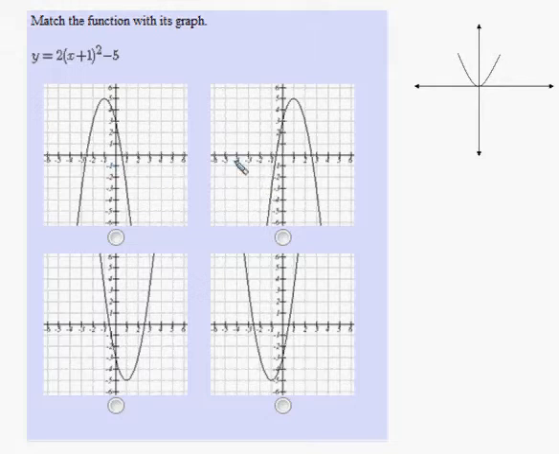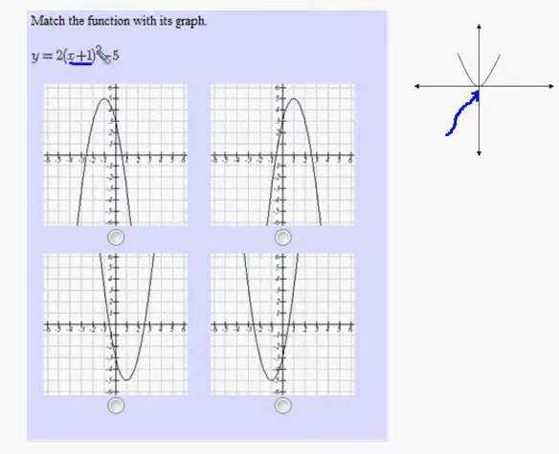In this problem, we're given 4 graphs to choose from, and we need to match the equation with the correct graph. So given that the parent function is y equals x squared, and I've drawn a sketch of y equals x squared over here, notice y equals x squared starts out bottoming out at the origin at the point 0, 0. So if you remember your transformations, the fact that the equation went from y equals x squared to